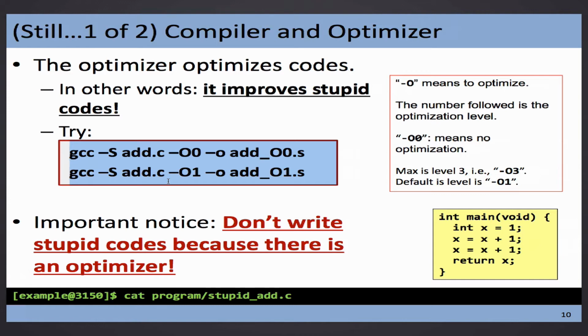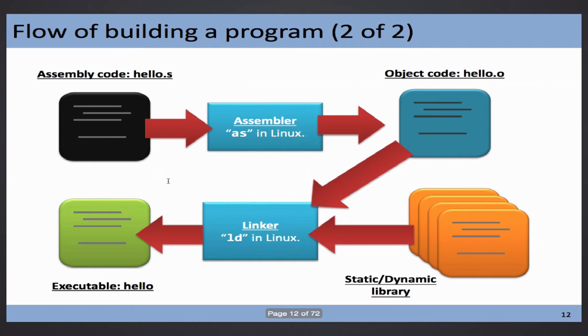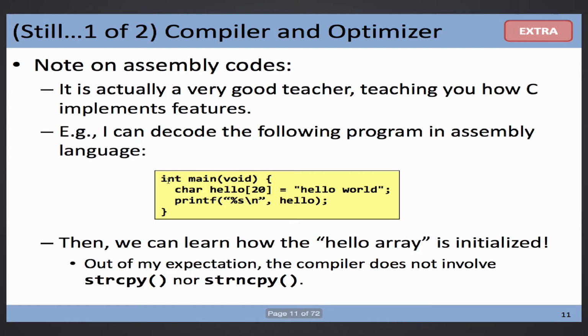So I wish to skip the part in the generation of this kind of thing, the linker, the assembler, but make sure that you understand there exists something called an assembler to convert the assembly code into some object code. The object code will do something called linking into executable code. But I don't wish to spend too much time.